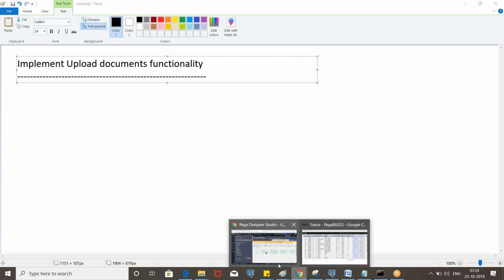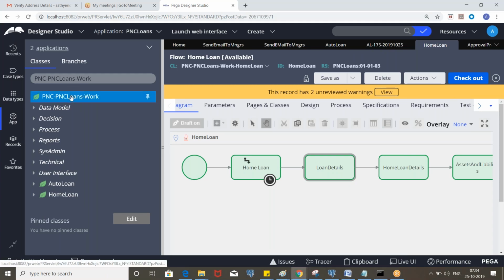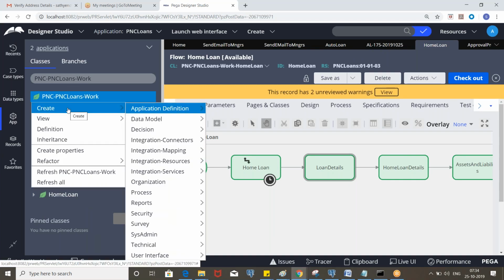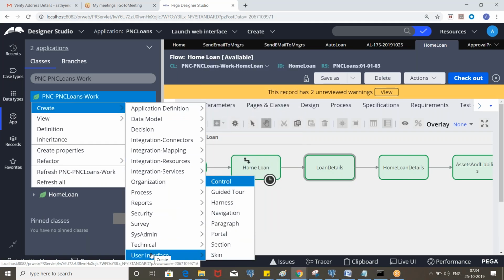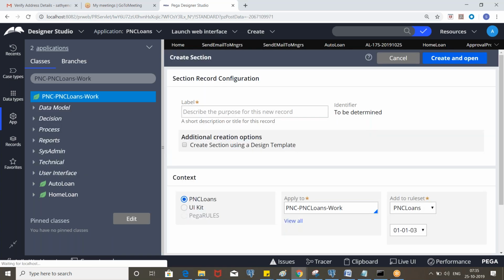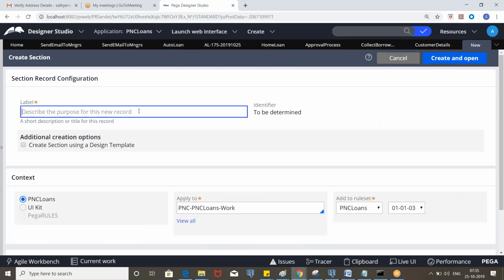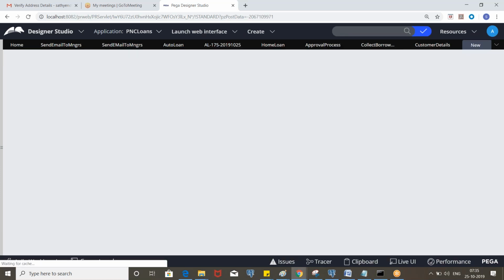Okay, so this is required for both, so you create it under the work class. So create a section called collect the loan documents, or upload loan documents.